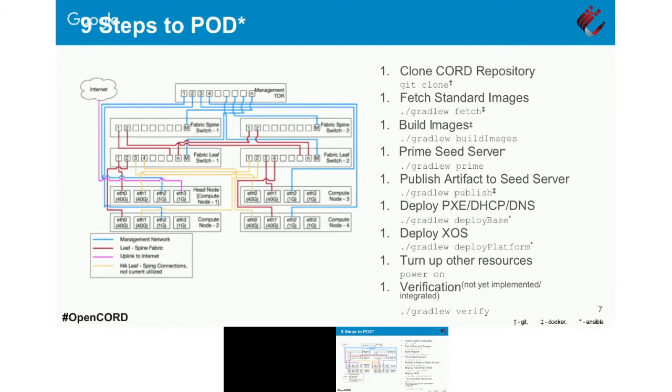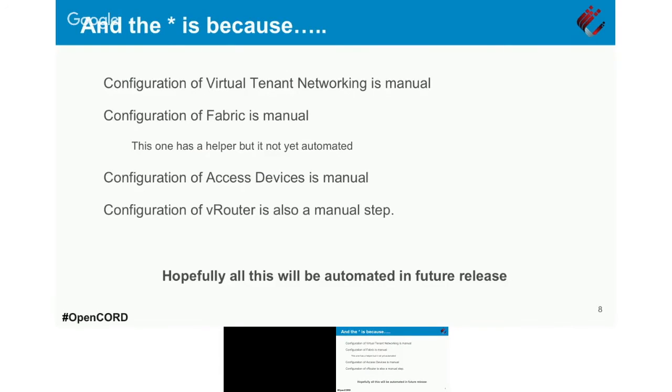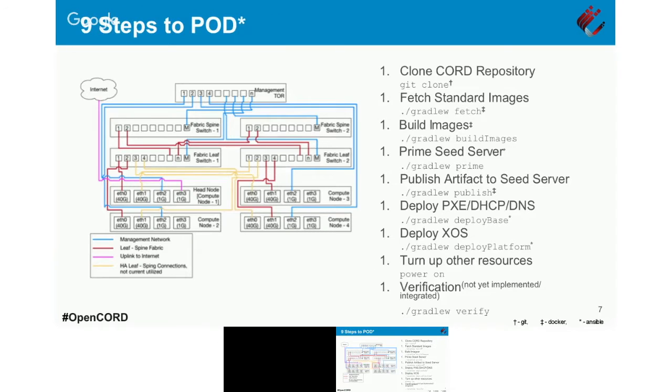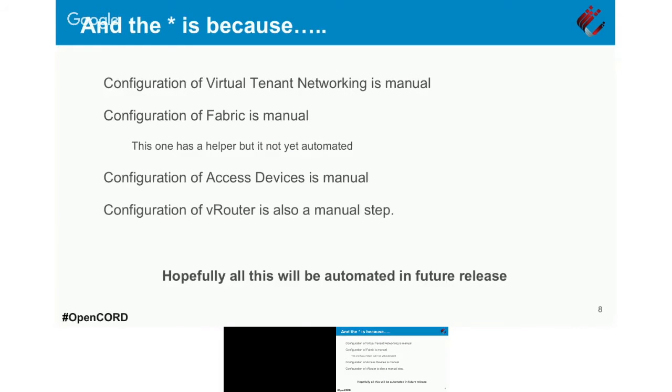So for the people who've been paying attention, you've noticed that our previous title has a little asterisk in it. You can't see it on that slide, but you can see it on that slide. And that's because there are still some manual steps involved. For configuring certain parts of CORD, you still need to apply some manual steps. The virtual tenant networking needs a few manual steps, because we have compute nodes that have been assigned IP addresses